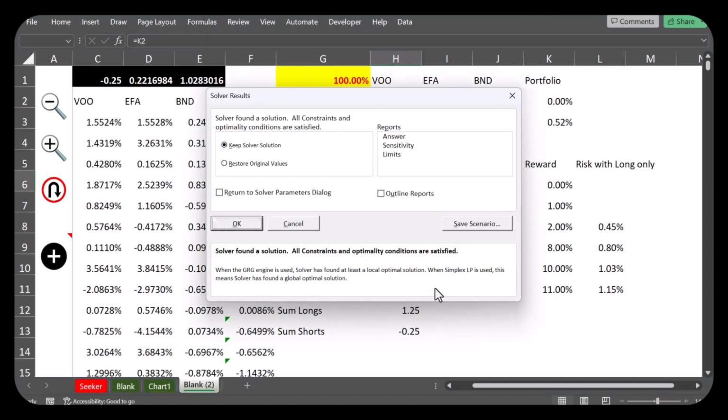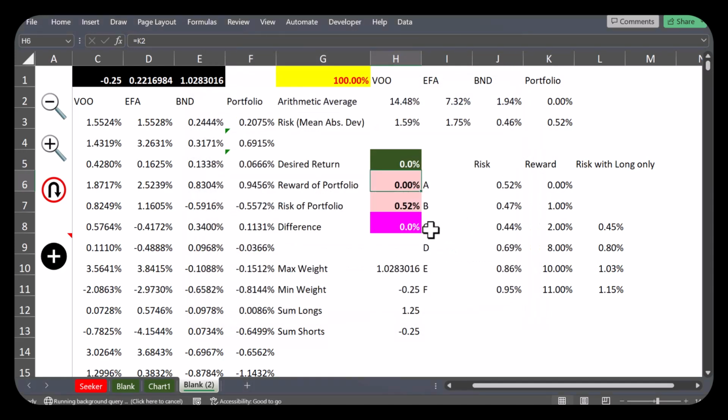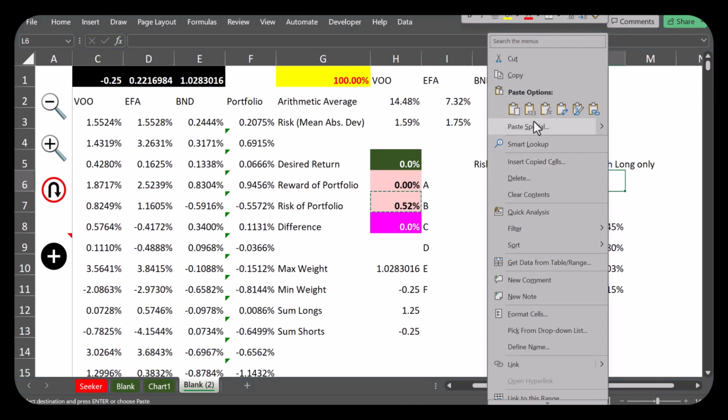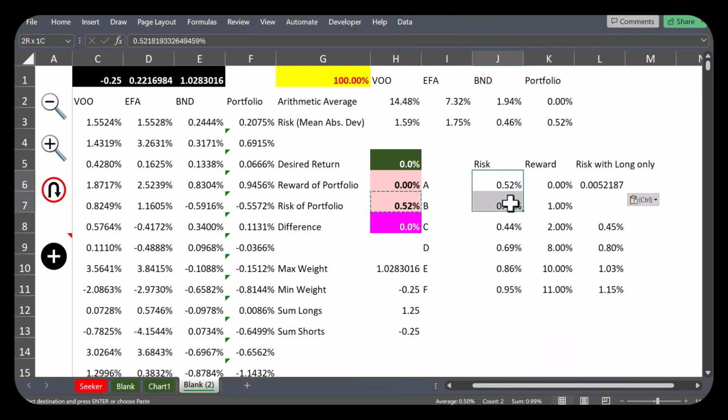So let's go portfolio, copy. Probably, let me, oh, Control Z. Let's call this